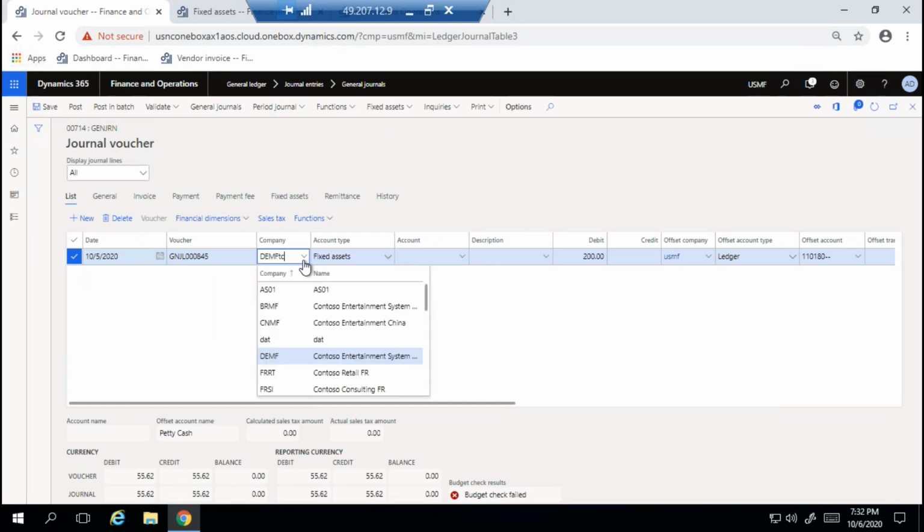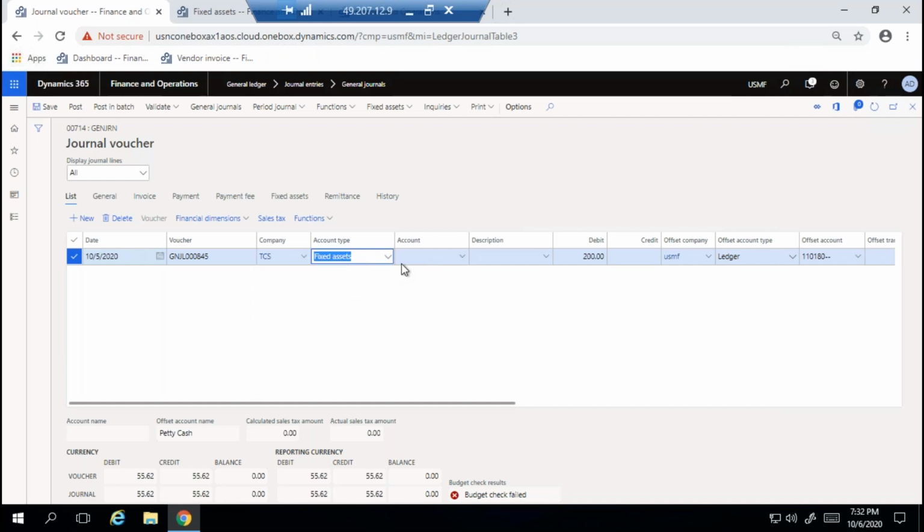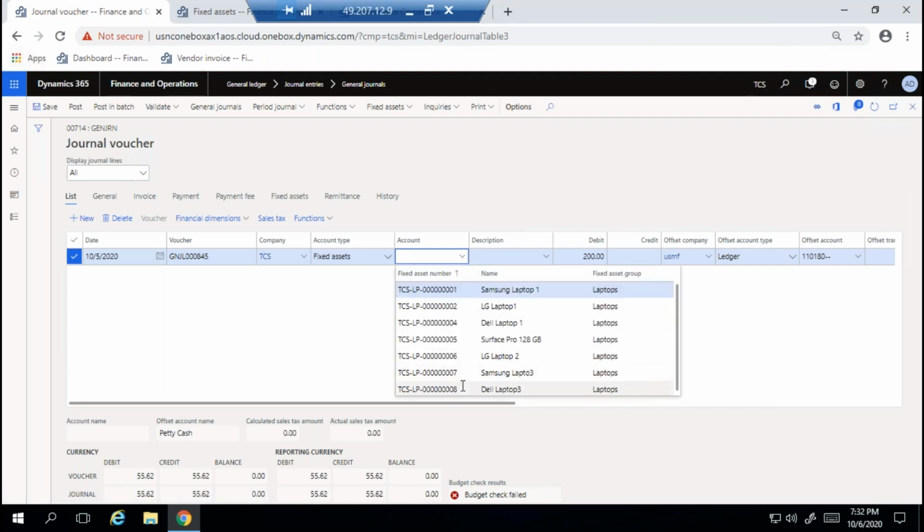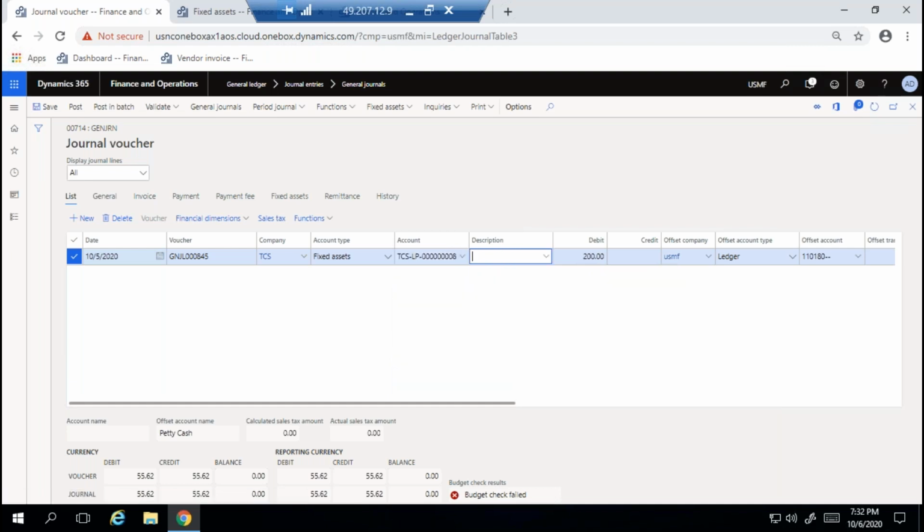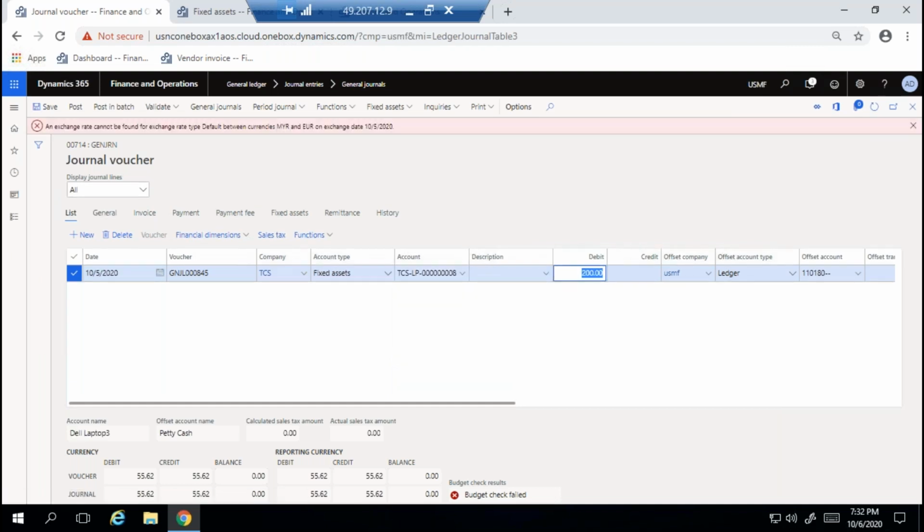I think most probably it is possible. So let me do it for the Dell laptop. I'm purchasing at the rate of, suppose, 800.